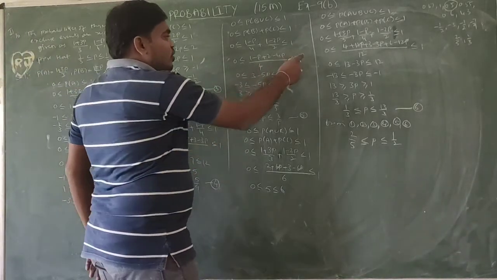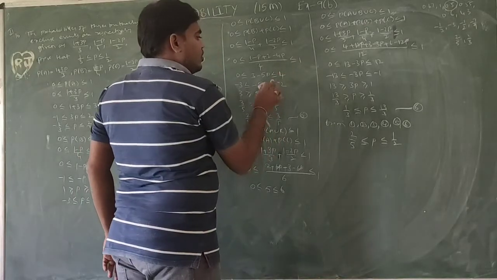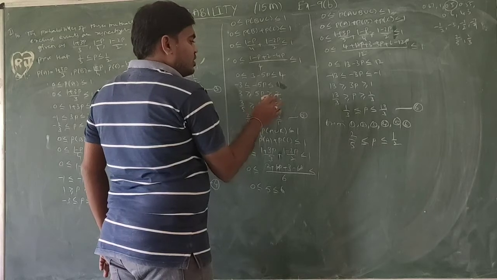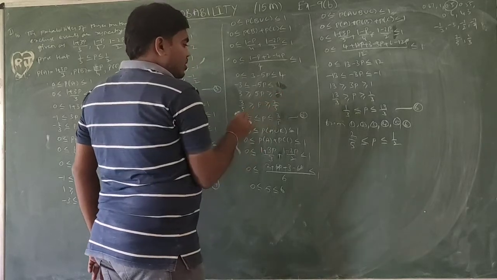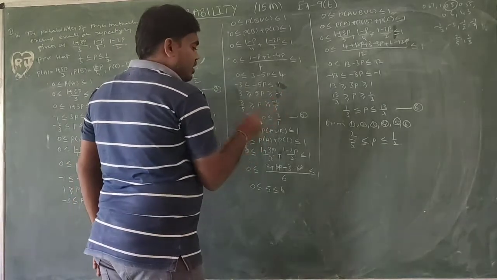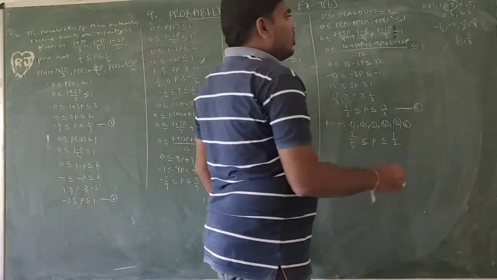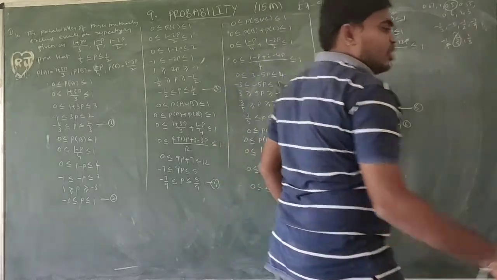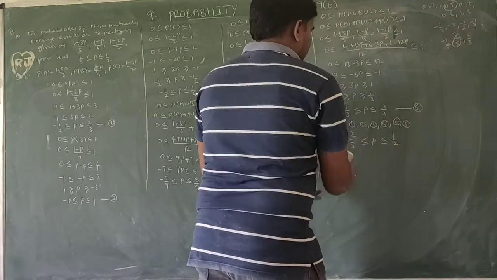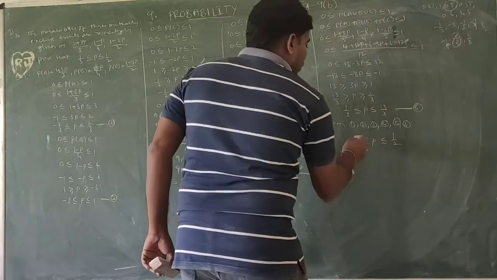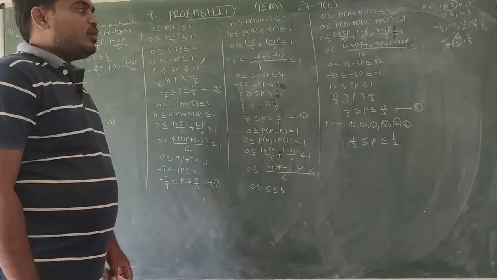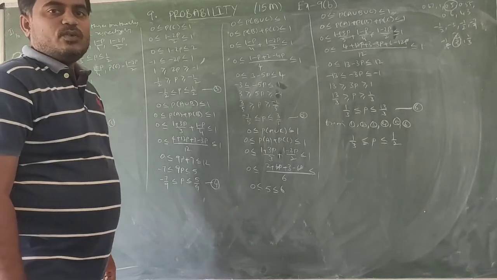So this is minus 3, this is minus 2. So 1 into 4, 4 actually it is. 4 minus 3, this is 1. So this is 1, this is minus 1. So minus 1 by 5. This is also minus 1 by 5. So it is not 2 by 5, it is minus 1 by 5. So this value is 1 by 3. So 1 by 3 less than or equal to p less than or equal to 2. So this is the required solution.